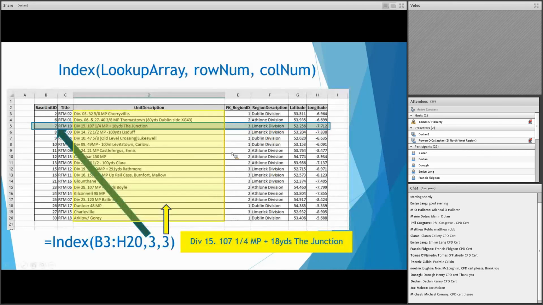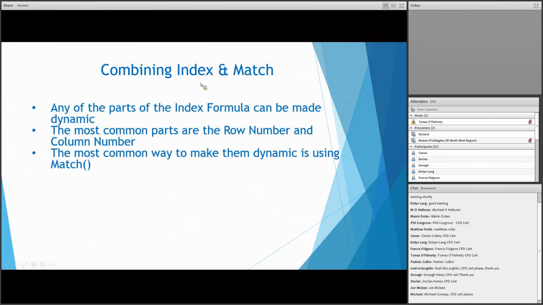So what we're doing with our index is we are looking up the array that we want to look up. We're looking up what row do we want to pick, so which row in the array, and which column we want. So that's what we're trying to do all the time. And when we combine it, it makes it a little bit more complicated, but when you get used to it,